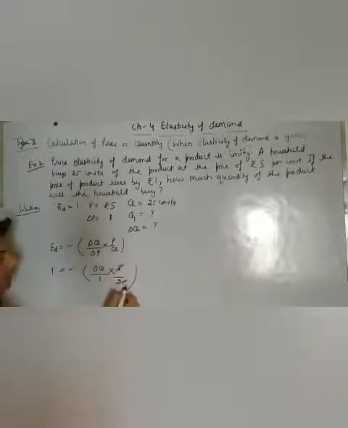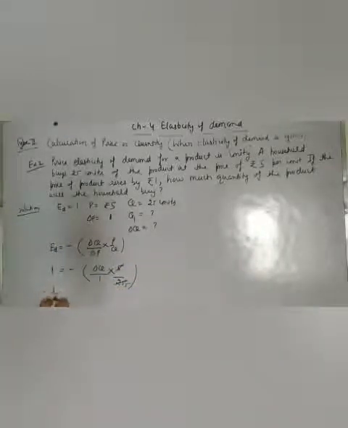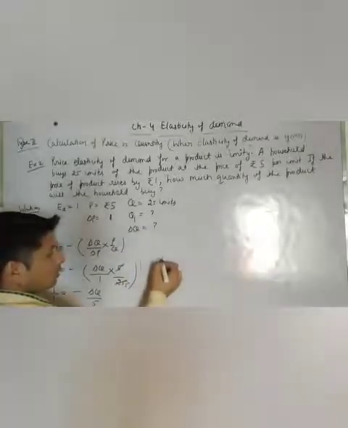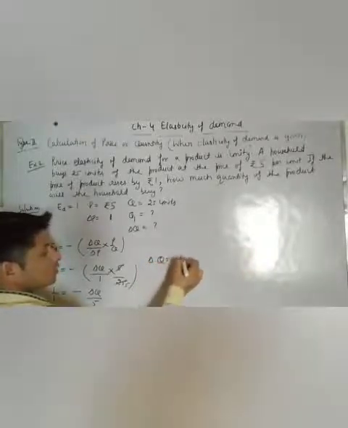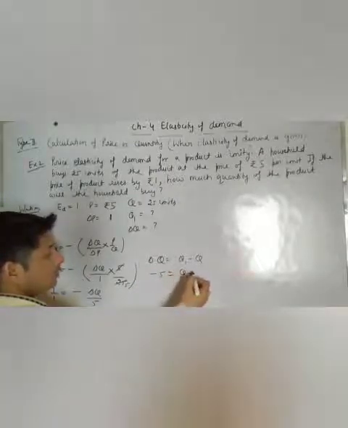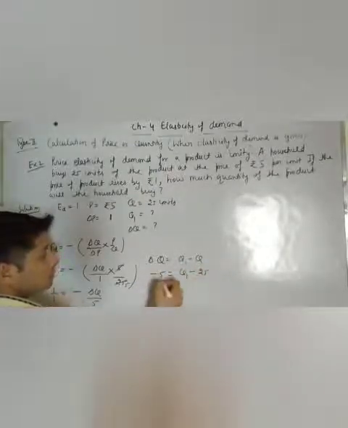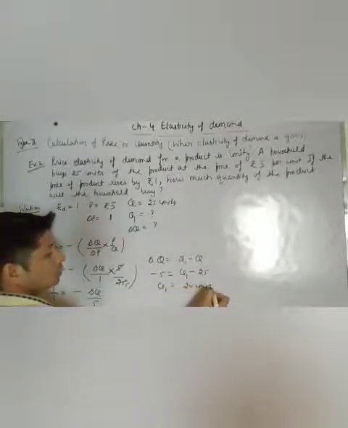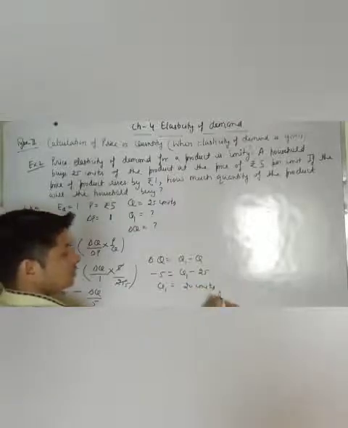25 divided by 5 at 5. So delta Q divided by 5. Now delta Q will be equal to minus 5, but we have to find Q1. So what is the formula of delta Q? Q1 minus Q. Delta Q means minus 5. Q1 we don't know, Q is 25. So you will get Q1 is equal to 20 units. This is the final answer.